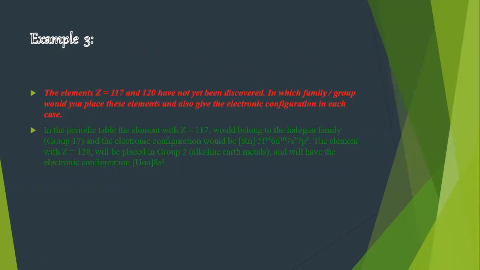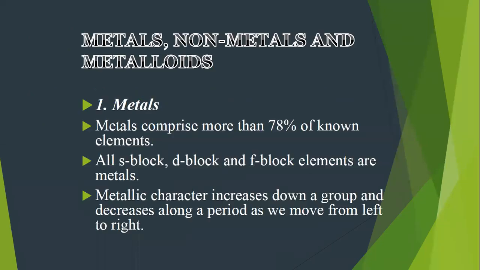If I ask you that I am giving you an element whose outermost shell is s1, it can be 3s, 2s, 4s, the outermost participating shell is s and the number of electrons is 1, then where will you place this? In the alkali metals, the first group. All right, so on the basis of the participating shell, you can assign a specific place in the periodic table.